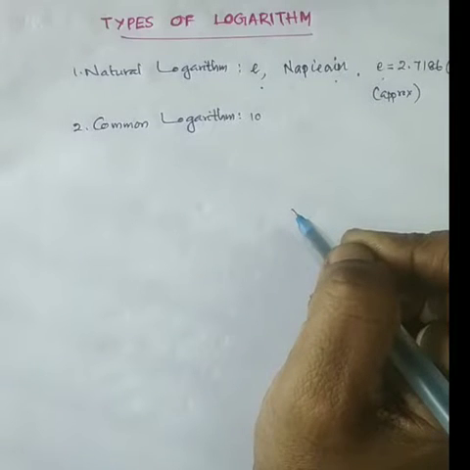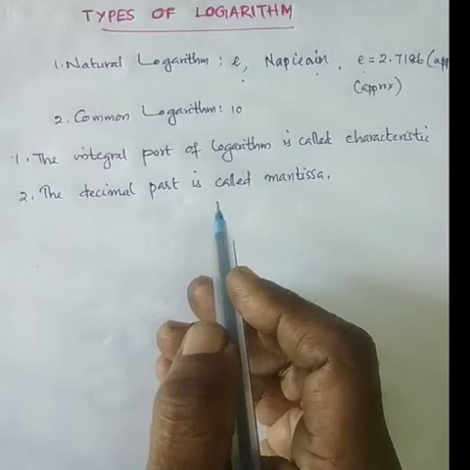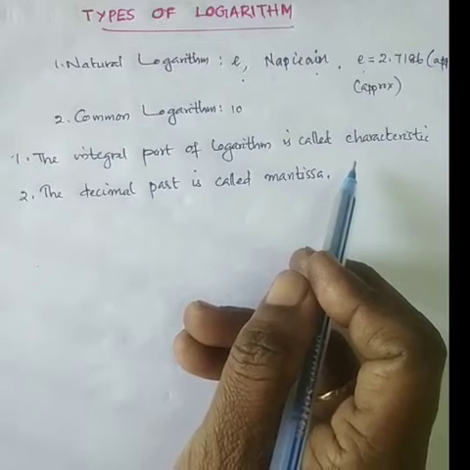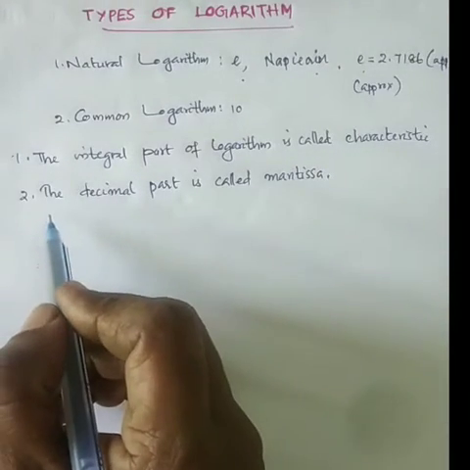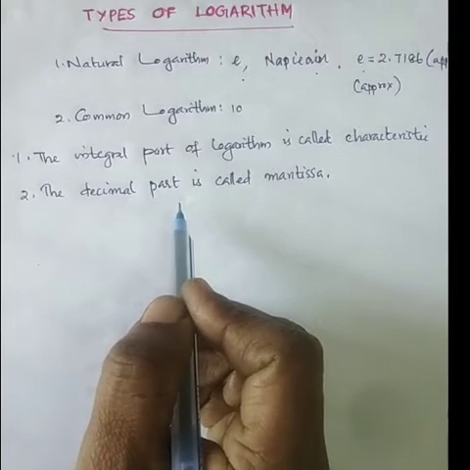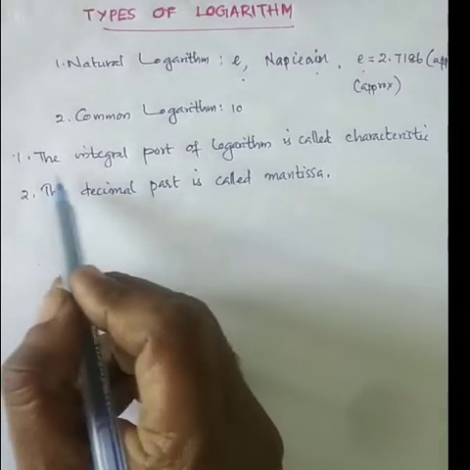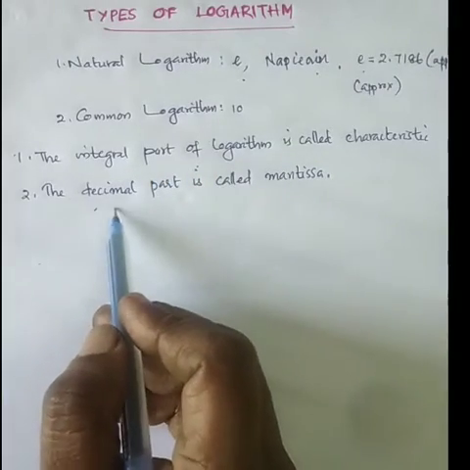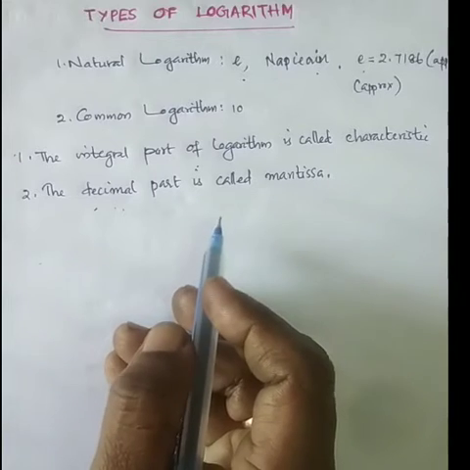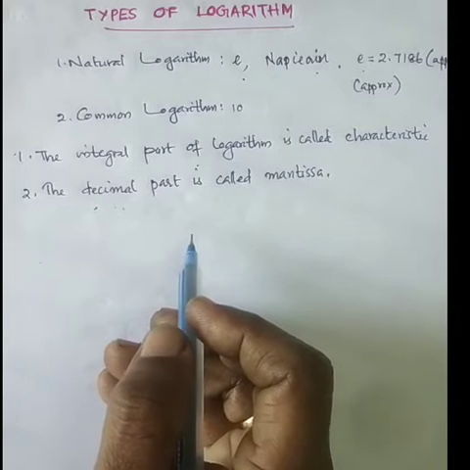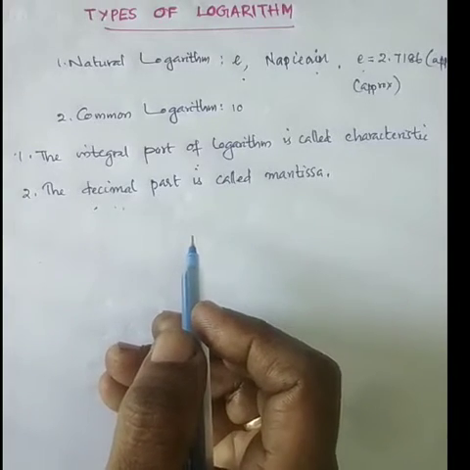The common logarithm of a number consists of two parts. First one, the integral part of the logarithm is called characteristic, and the second one, the decimal part, is called mantissa. See, there are two parts. To find the characteristic of a common logarithm, some rules are followed. See,